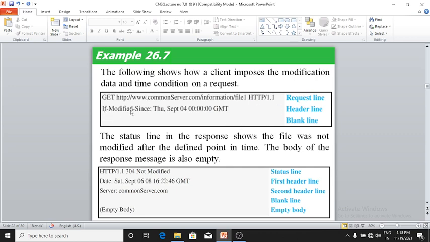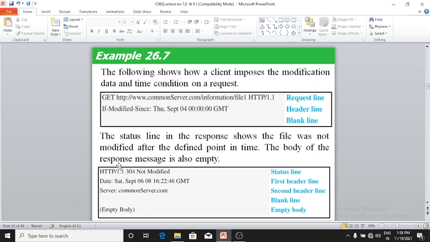In HTTP there is If-Modified-Since, Thursday September 4, which is the date and time format. The status line in the response shows the file was not modified after the defined point in time. The body of the response message is also empty.